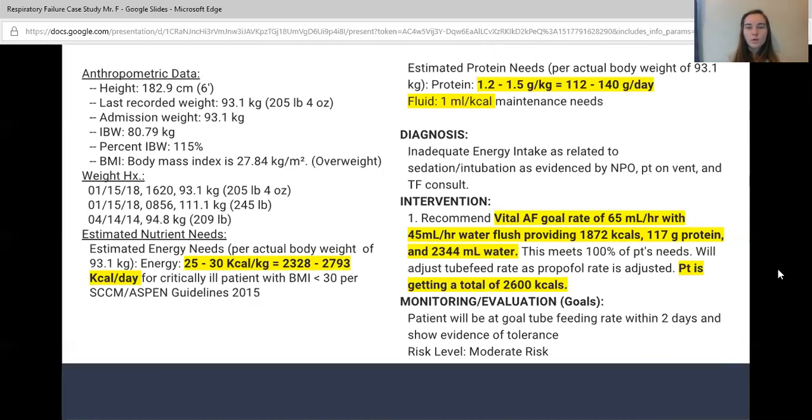His protein needs were 1.2 to 1.5 grams per kilogram, using his actual body weight, and those are a little bit higher because he is on the ventilator. And his fluid needs are 1 milliliter per kcal, and we'll see in the actual intervention, we actually lowered that a little bit. That's just our standard recommendation, 1 milliliter per kcal. But just for the sake of not causing any fluid retention, we lowered it just a teeny bit in the